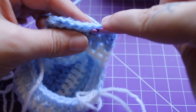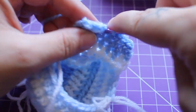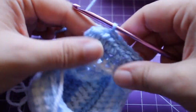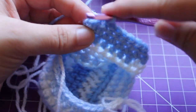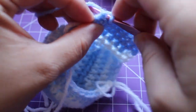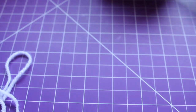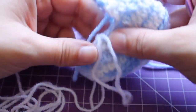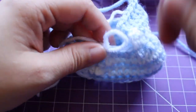So 1, 2, 3, 4, 5, 6, 7, and then 8. We can fasten off this yarn, and then going back to that piece we had over here with our stitch marker, we're going to put our